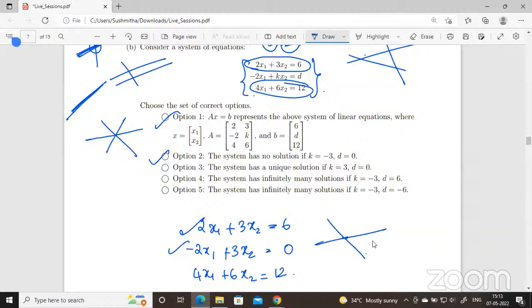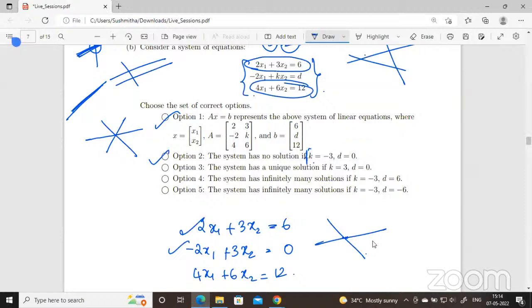Yeah, same line, collinear. You just divide by 2. Don't say the third equation is parallel because the constants are different, no? No, they are the same, no? Ma'am, did I say they are parallel? No, ma'am. It is collinear. Ma'am, then how come no solution for the second option? I didn't get that part properly.